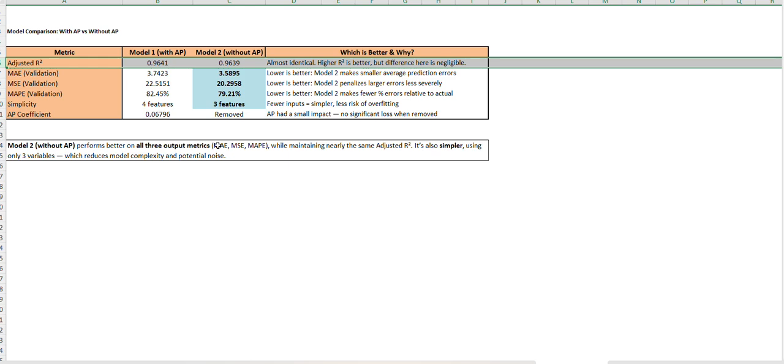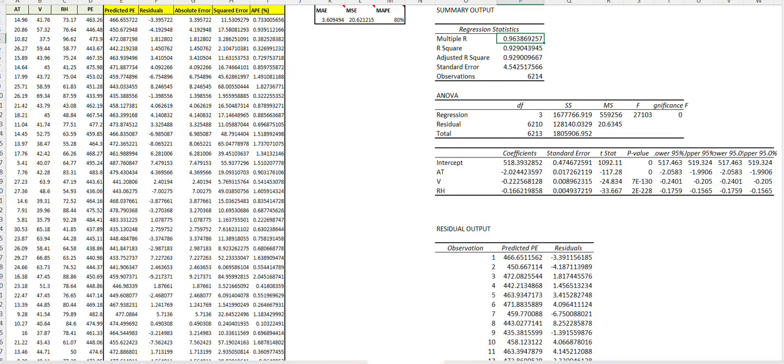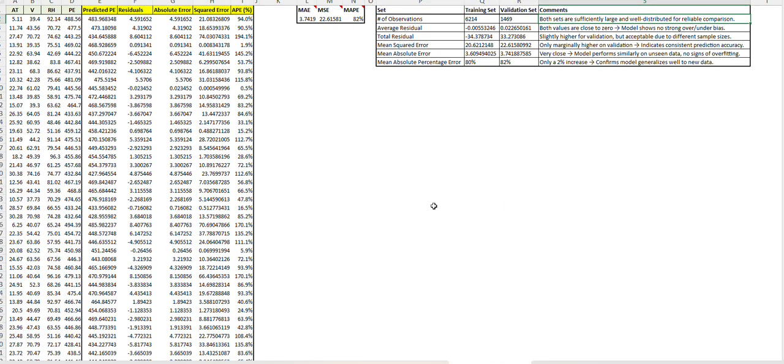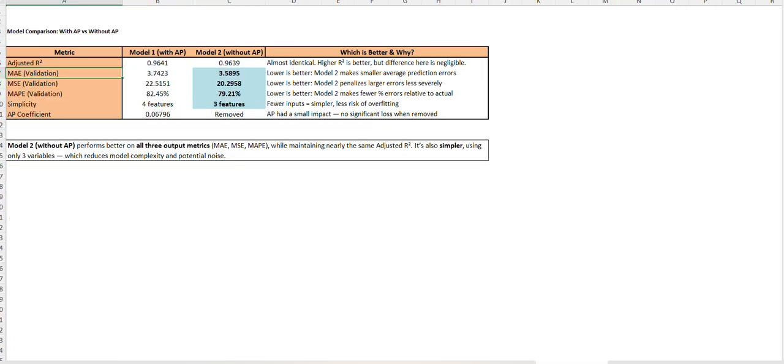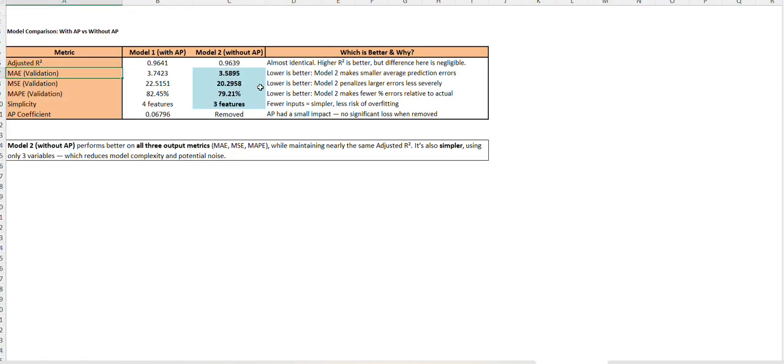As well, if we see the other output metrics such as MAE, MSE and MAPE, lower is better. For the new model, we have calculated the training set and also done the validation, and all the data that we took tells me that